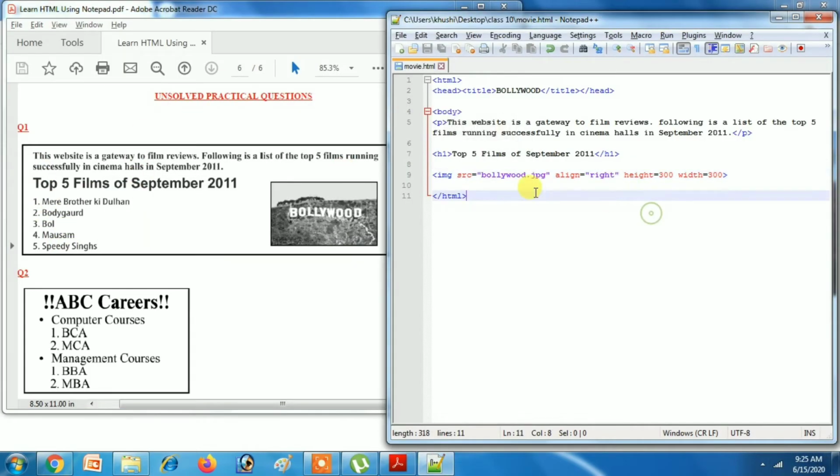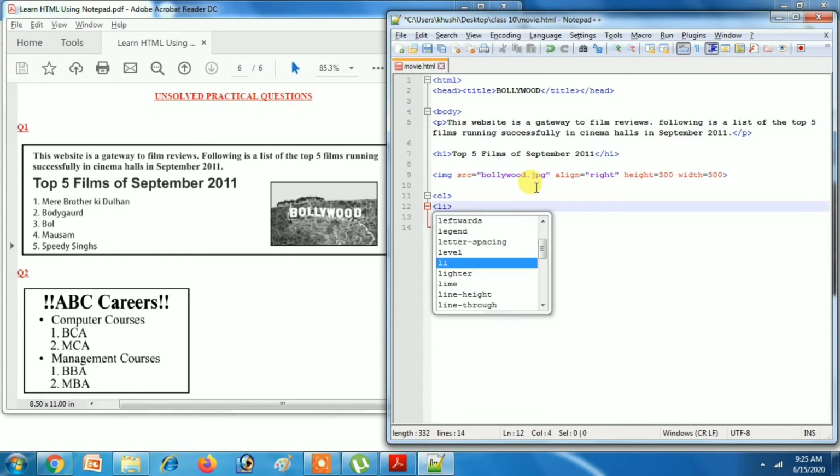Now in our screenshot it was an ordered list. So let's write the ordered list. For an ordered list we will use the ol tag. Then li. How many list items are there? 5 list items, so we will use 5 li. So I'll copy it 5 times.